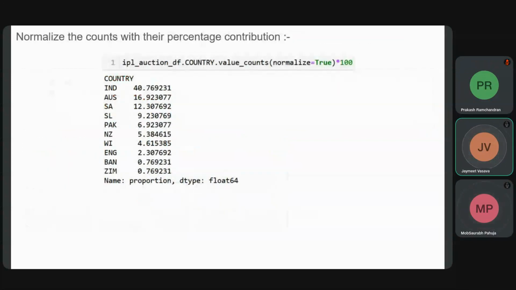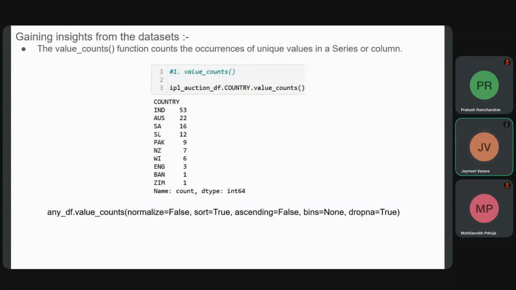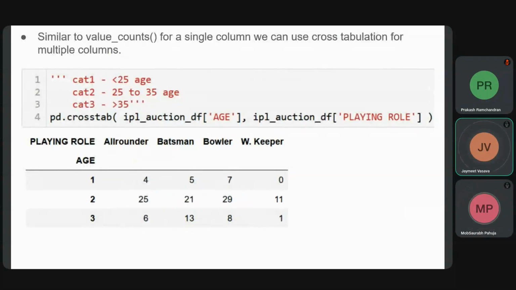Crosstab. So for value counts, we did it for a single column, which was country, and it gave us the unique values of how many players there are. It basically counted the number of players which belong to one single country and gave us the information regarding that, right? Okay. But it took a single column, which is country. But what if we want to do it for multiple